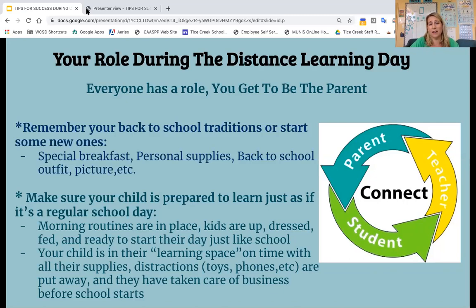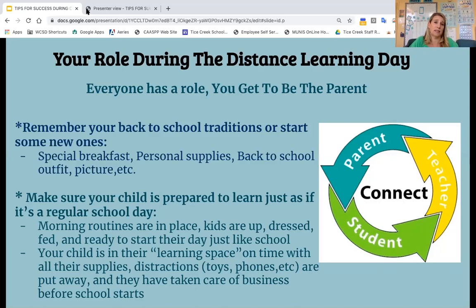And this could be anything from texting that last friend, or for our littler friends, and some of our bigger friends, making sure they're using the restroom before they start their day, just as they would for the school day. I know some of you are using our childcare on our campuses or other childcare. The same holds true. We want to make sure we get them there in time